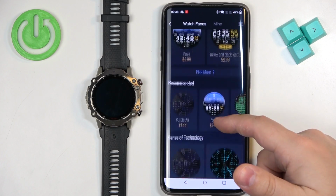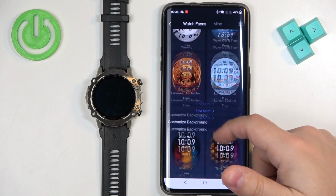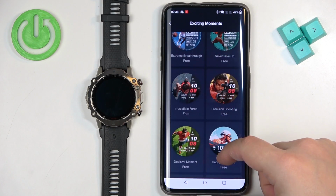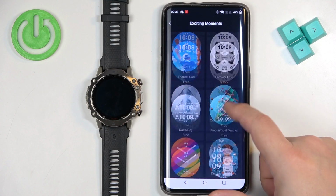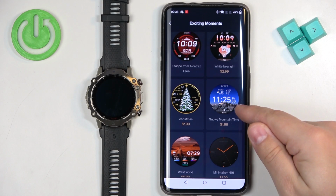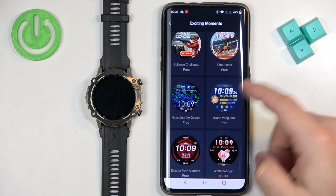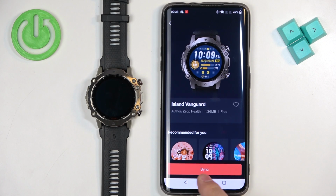For some you need to pay, for some you don't need to pay. So find the ones you like. For example, I'm gonna open this category, scroll through, find the watch face, let's say this one. So let's select the watch face you like, for example this one,